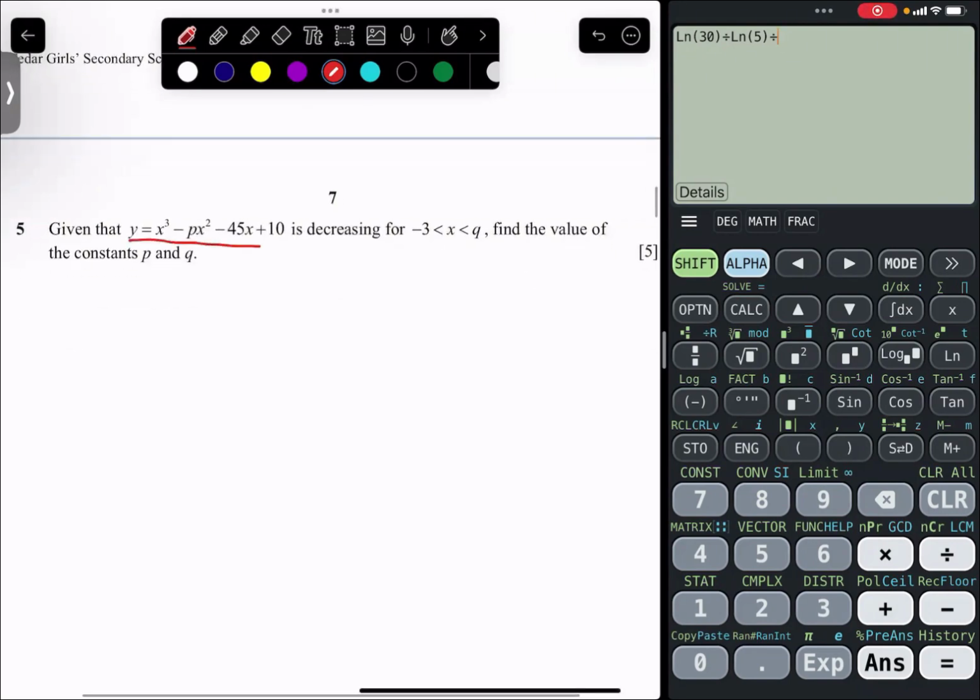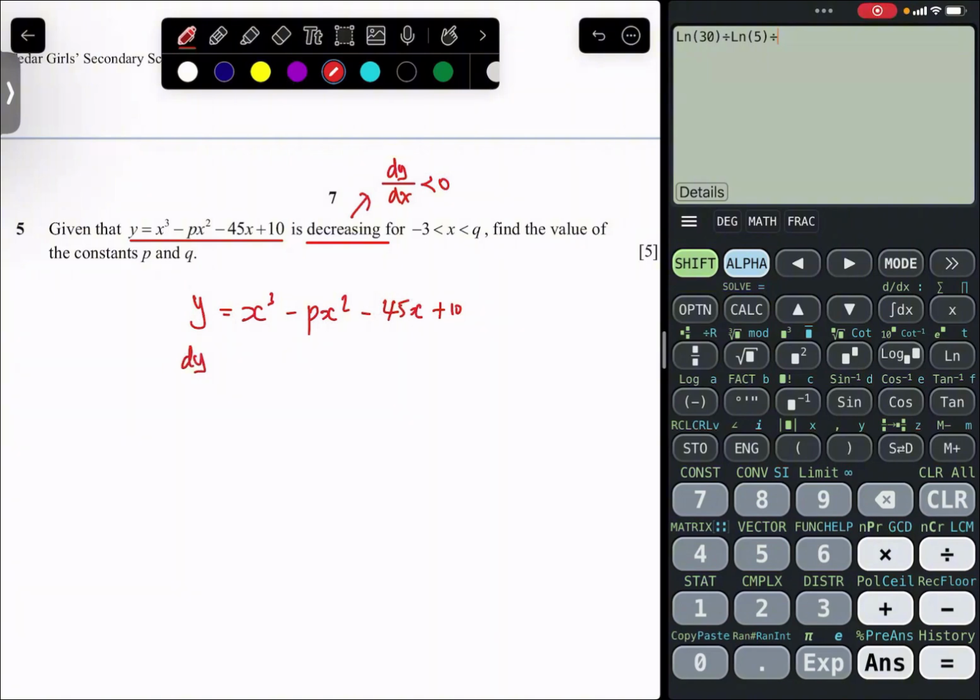So we have a function that is decreasing. For a function to be decreasing, it means that dy/dx is negative, less than 0. So first, y equals x cubed minus px squared minus 45x plus 10. dy/dx is equal to 3x squared minus 2px minus 45. Now for dy/dx to be less than 0,